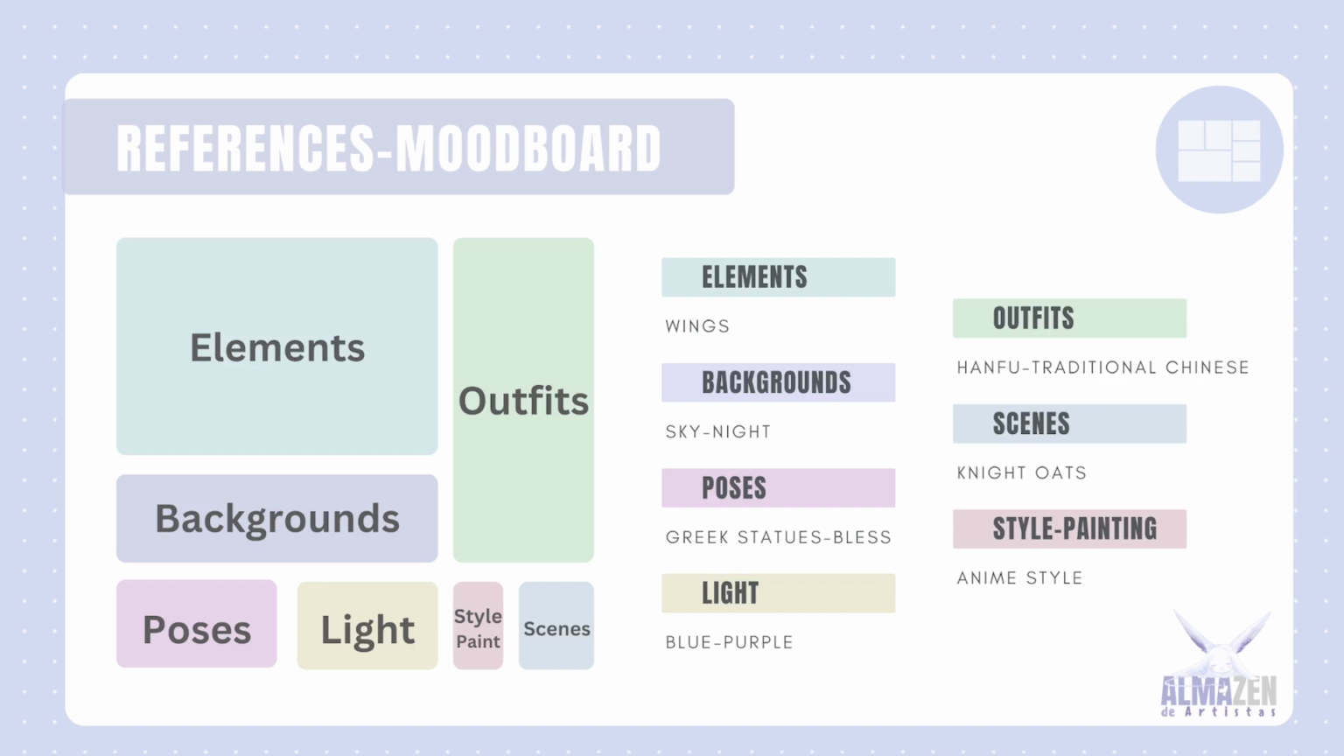And finally, the scenes. What do you want to make those characters interact with? Do you want those characters to be talking, dancing, kissing, hugging? So it's very important for you to get the psychology part of how they are going to be interacting or not interacting with each other. In my case, the elements are going to be wings, the background, the sky, night,